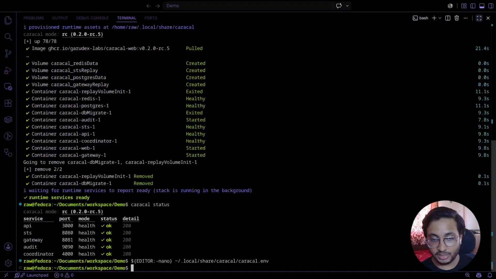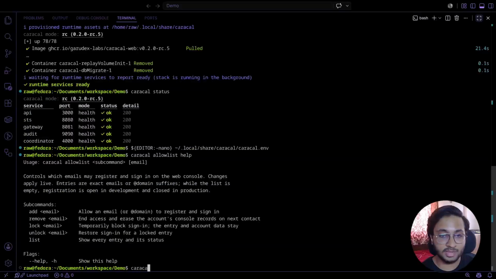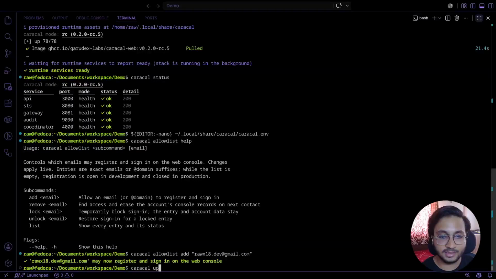As soon as it is complete, you can then run Caracal allow list, which helps you register the emails you will be using for signing in on the web console. So I've just entered my email address, which will be registered, and then spin up all the containers again